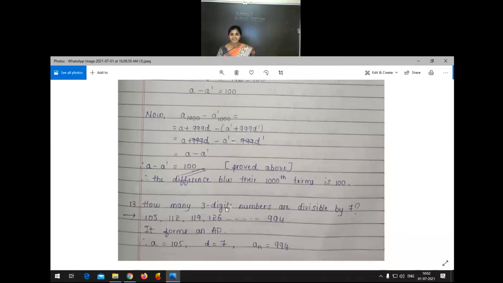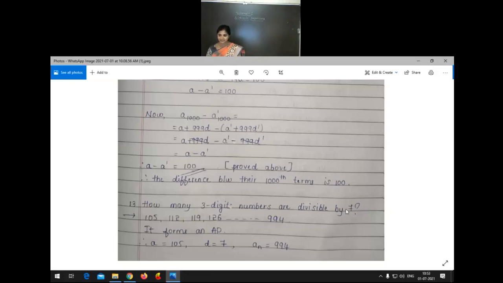How many 3-digit numbers are divisible by 7? See, this type of questions are really easy. So for that you have to learn the tables properly. Okay. The 3-digit numbers divisible by 7 in the sense 7 table you have to remind. That is 7 tens are 70, but you have to move because 3-digit number. Okay, 7 table 3-digit number you have to take. Okay. So first you have to list out at least minimum 3 numbers. For that you will get an AP, because divisible by 7 in the sense difference must be 7 only, no?